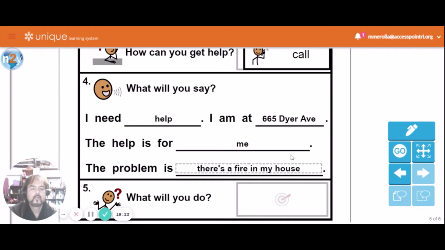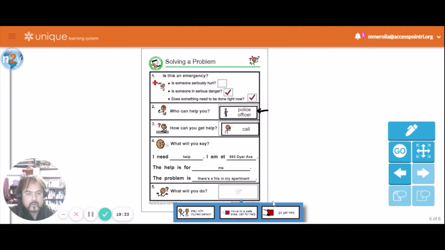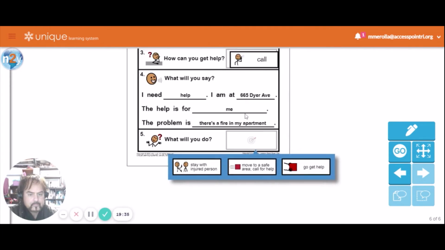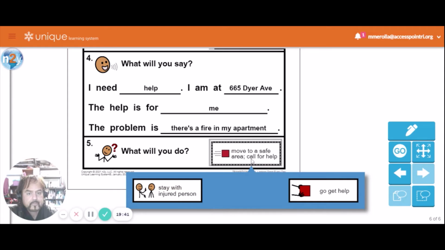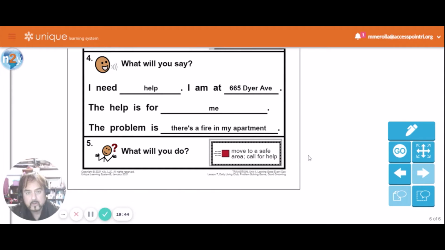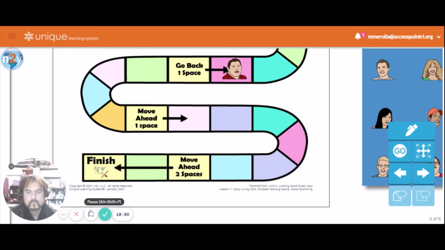Or you could say there's a fire in my apartment, let's say. What will you do? Okay, so you're going to move to a safe area and call for help. All right. Okay, so we solved that problem. Let's go back to the game board.